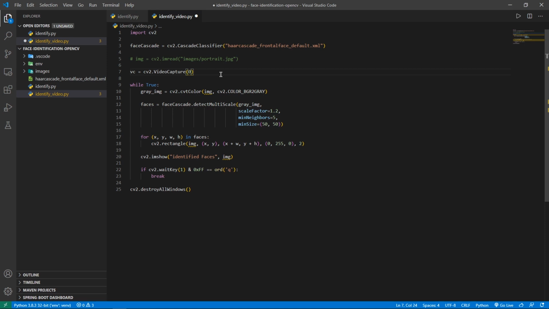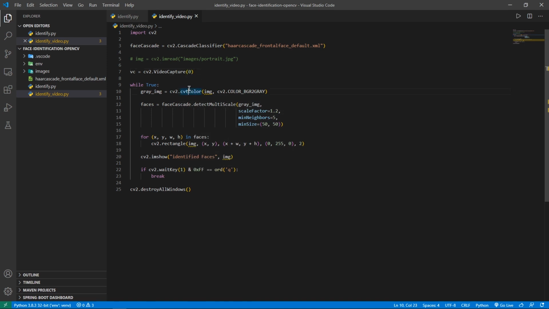And if it's not working and the video is not opening, what you can do is that you can give it as -1. And even then, if it's not working, you have to go online and search for the video capture index of your particular model. So once you have that particular index, you can place it here. It is generally around 0, -1 or 1, 2 or something like that. So you can get that index and place it here.